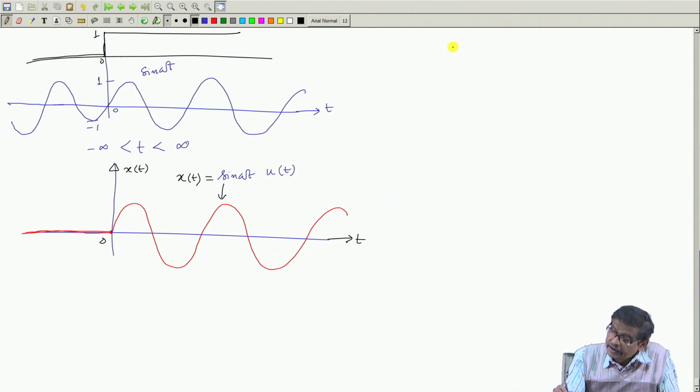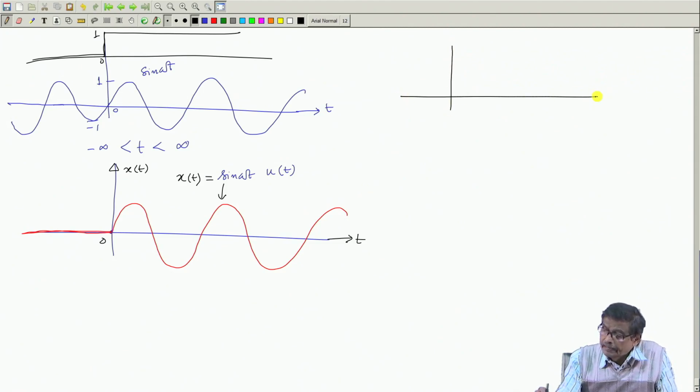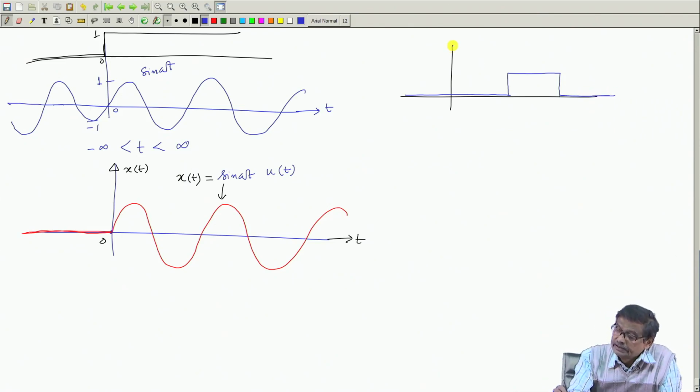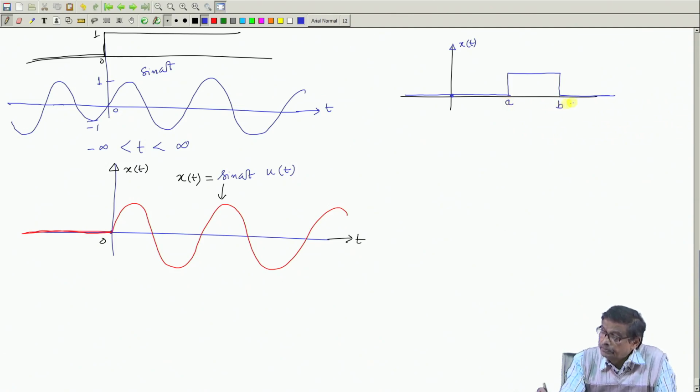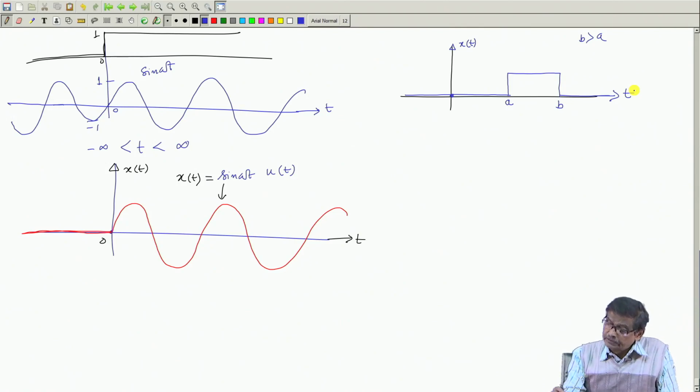For example, a function like this, a rectangular pulse signal, this is my x t. How can I express it? Suppose this is t equal to a, this is t equal to b, b is of course greater than a, as can be seen, this is this one. Now, this function x t